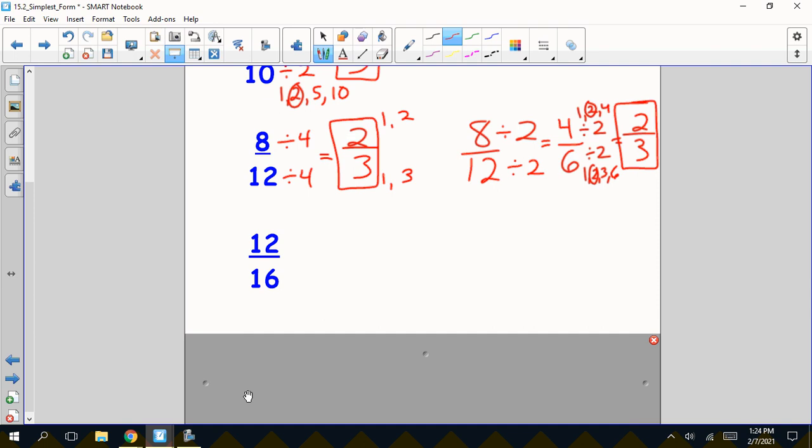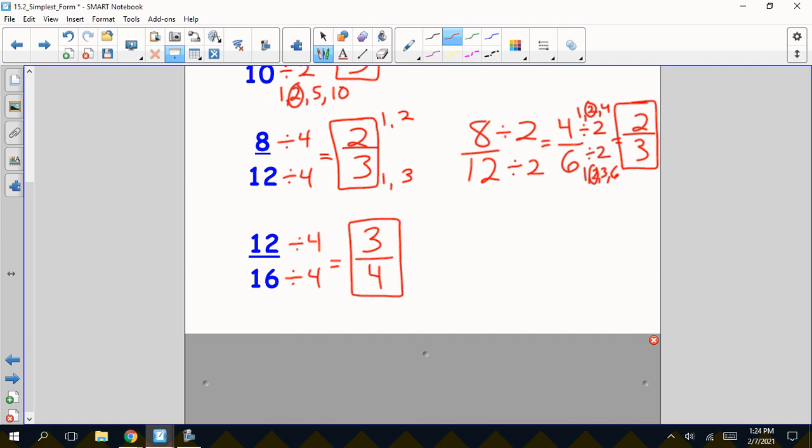Well, both numbers have 2 and 4, again, in common. So we're going to divide by the GCF, or the biggest number they have in common, which is 4. 12 divided by 4 equals 3. And 16 divided by 4 is 4. 3/4 is your